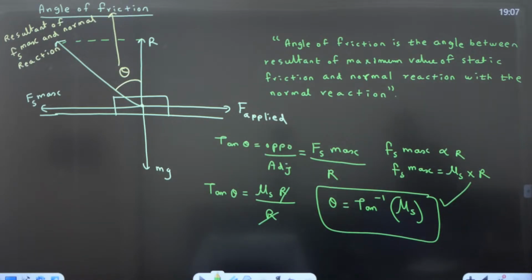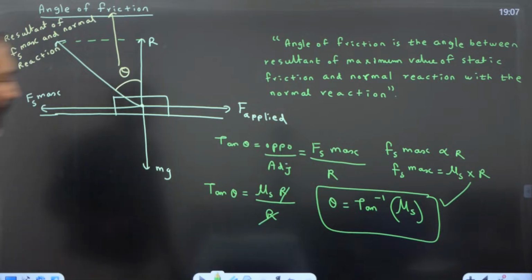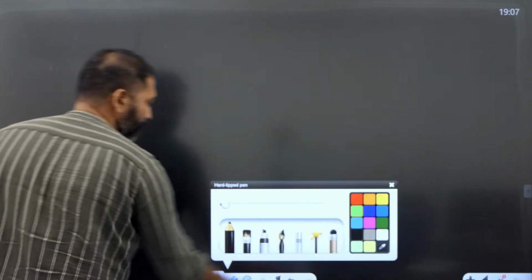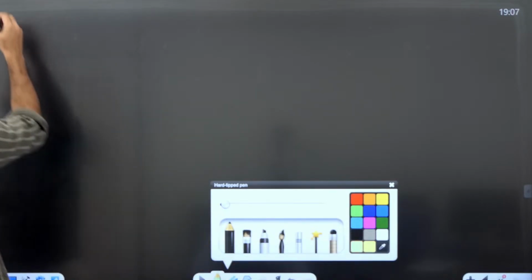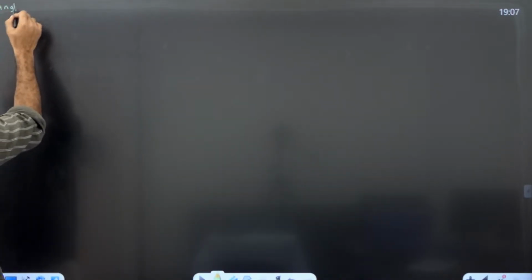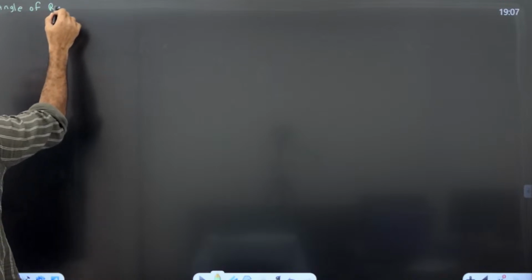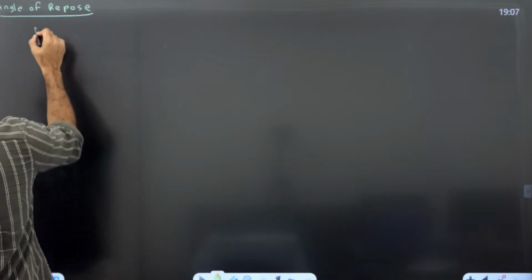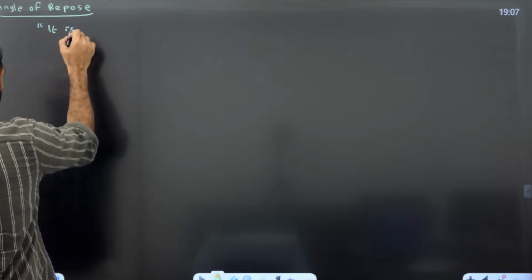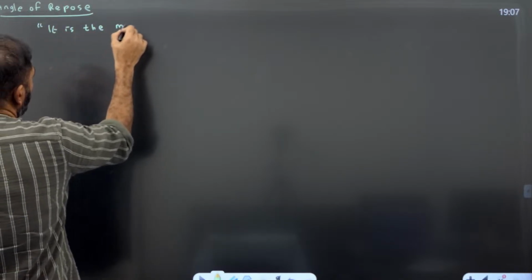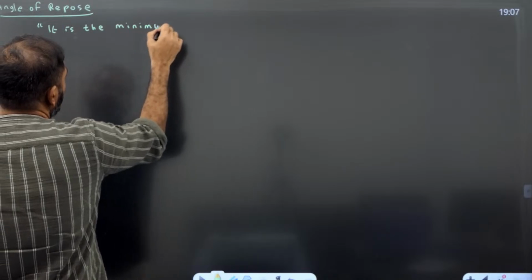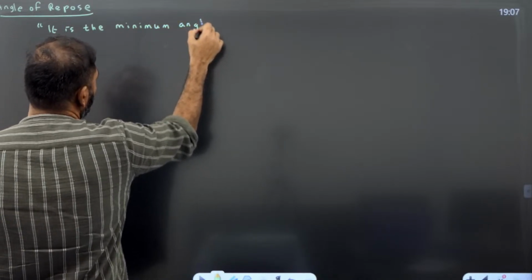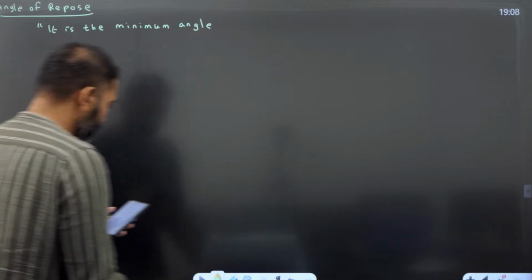Okay, all of you noted down. So we are done with angle of friction. Next is angle of repose. This is the next topic, angle of repose. It is defined as the minimum angle that an